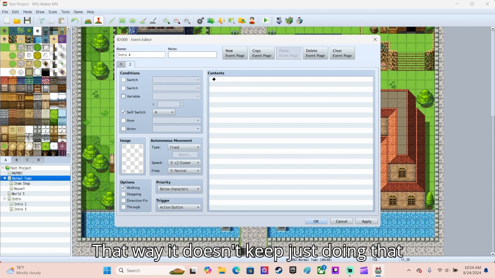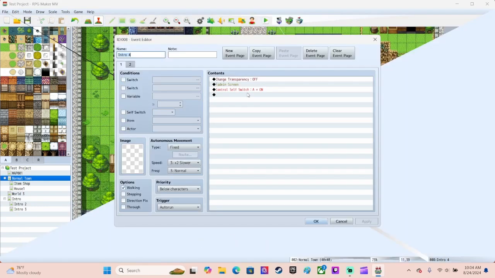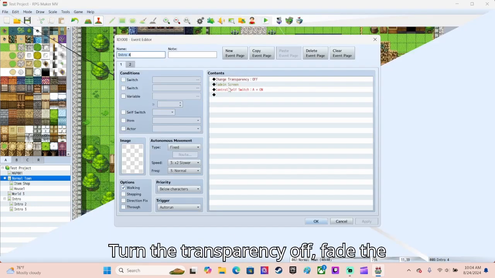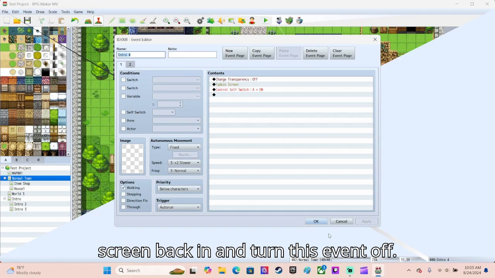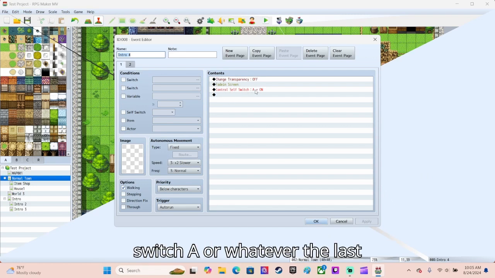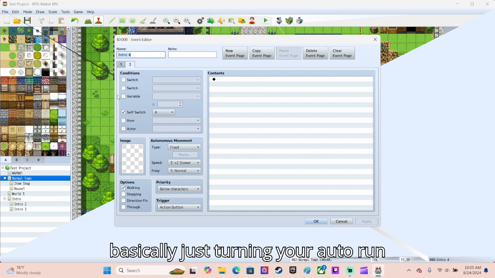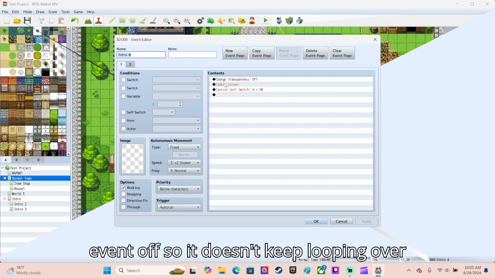That way it doesn't keep doing that same thing over and over. Okay, so that should work. Turn the transparency off, fade the screen back in, and turn this event off. Whenever I do this, control self switch A, the last one, and then require the next page being blank, requiring that switch on, is basically just turning your auto run event off so it doesn't keep looping